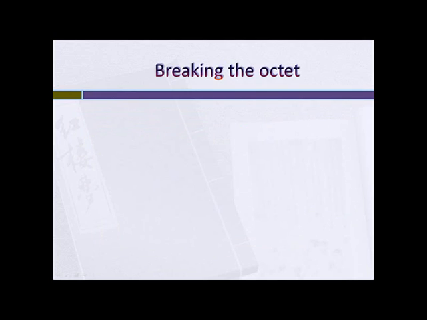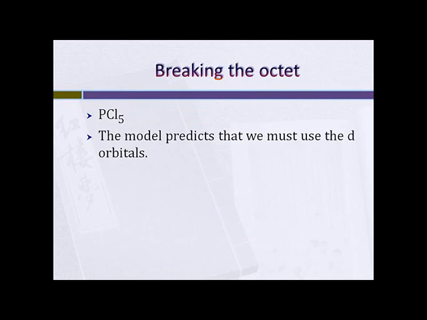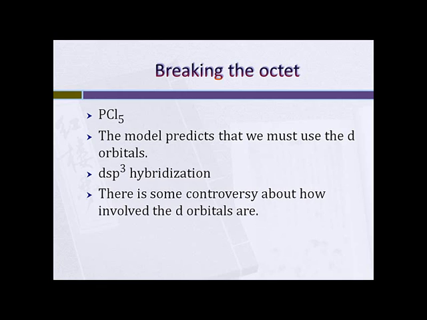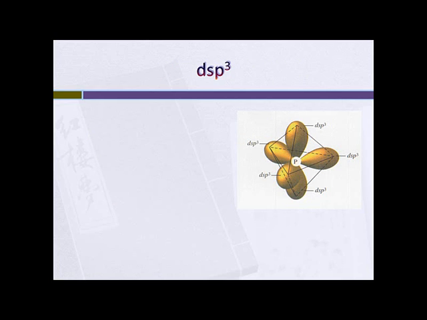Well, we also can break the octet rule. Phosphorus pentachloride is a well-known material. The model predicts that we must use the d orbitals, and so we suggest that we have dsp3 hybridization. Now, there is some controversy about whether or not this is actually occurring. It is at the forefront of some chemical research right now, but for the purposes of the AP course, we're still using it. So what you end up having is 1d, 3 p's, and 1s, producing a trigonal bipyramidal structure